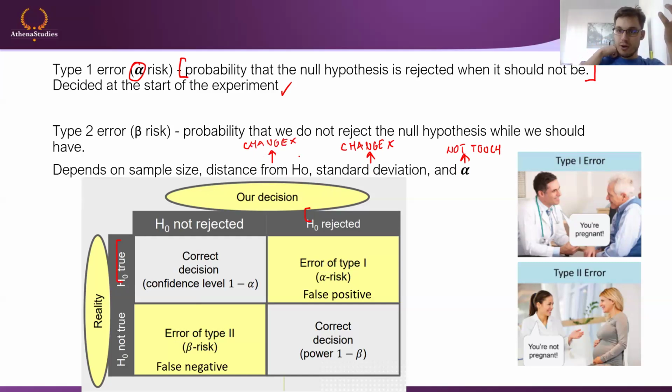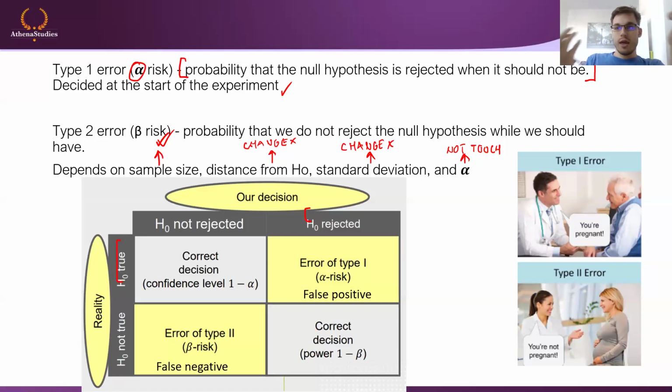So you can't really change your distance from H0, because that would mean modifying your experiment, which makes it different. So the only thing that really touches beta is the sample size. That's the only thing you can touch when you want to lower your type 2 error. That's why everyone wants the biggest possible sample size, because everyone wants to mitigate both type 1 and type 2. Type 1 can be mitigated by simply lowering alpha, whilst beta really not so much. And the tricky thing is that if you lower alpha, you will raise your type 2 error, and it makes your experiment harder to prove. That's the trade-off.